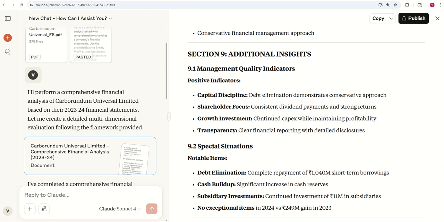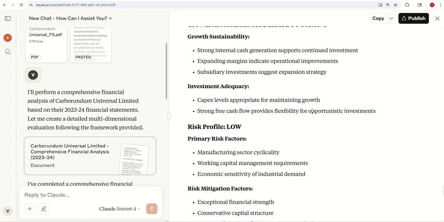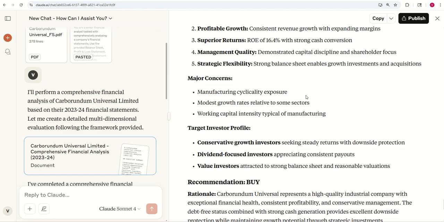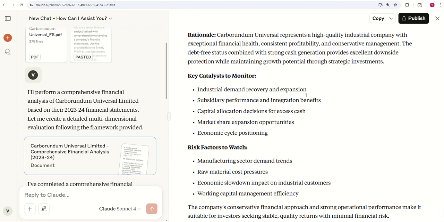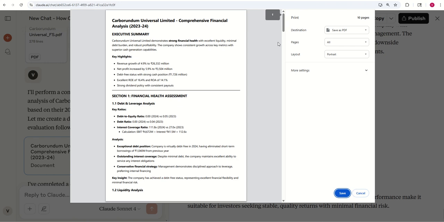And a few additional insights about management indicators, in terms of how they are disciplined in capital allocation and so on. So this is the complete, what can I say, multi-dimensional view of the financial statement in your hand. Otherwise I would take even days to put this together and get the inferences. Maybe you can put together an Excel very easily, but gathering the inferences usually takes time. And some inferences that you see in this model output, you may not get so easily when you do it yourself. So you can download this as a PDF as well, save as PDF, and you can print it and